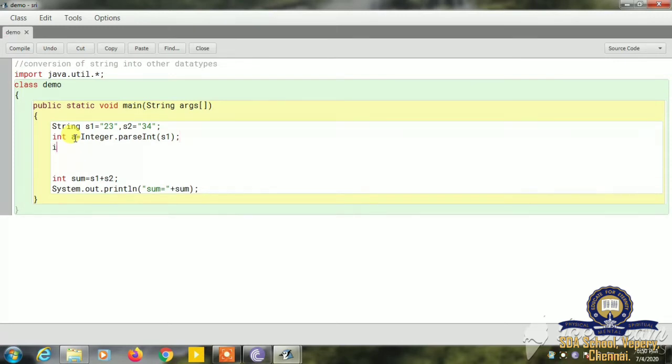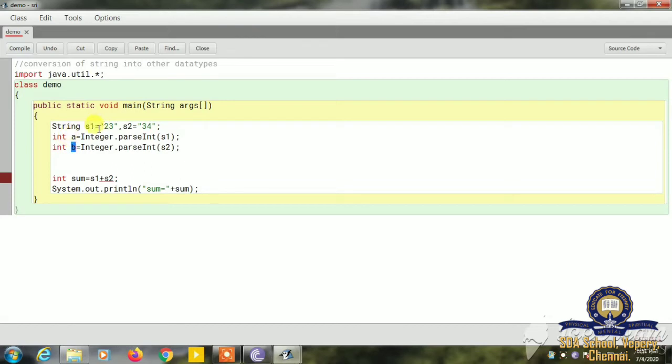Likewise we have to convert the next number also. I am using the variable b, Integer.parseInt. The next variable is s2. Okay, now I am converting s2 string into integer. So this value 34 in the format of string, I am converting into integer.